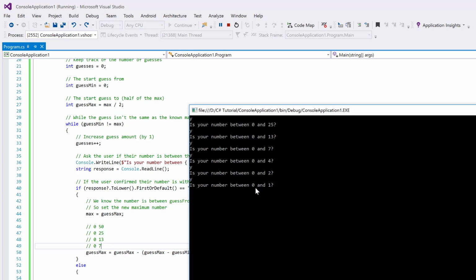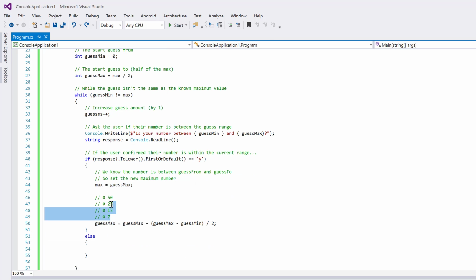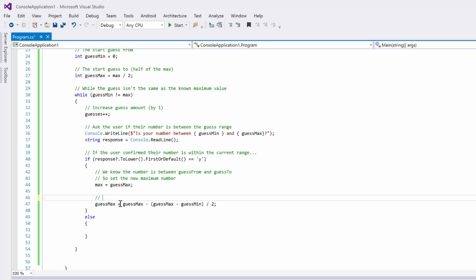So this should really change at this point to say, simply, is your number 0? Let's take a guess, because then if the answer is yes, you know the number's 0. If the answer is no, you know the number's 1. So let's go ahead and add that part in code. So we're now satisfied this part's good. And this basically says,